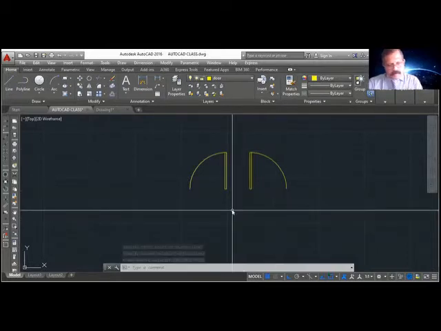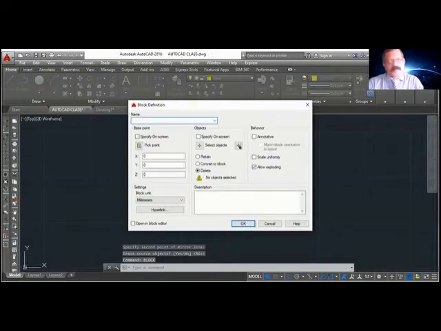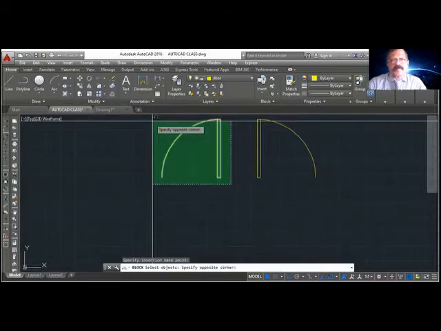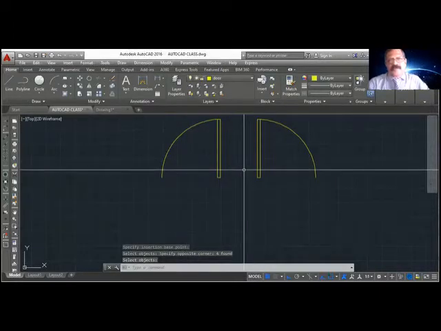Block. So first I will give DR. DR for right opening, pick point. So I should zoom it and keep here. This was the insertion point. Enter. Select object. So my DR is ready. You can see preview here. If you don't see preview, it means you have not shown the base point properly. Okay. Convert to block. It will convert this into a block. So my original object will be a block also. This also will be an object block, and in memory also there is one block.